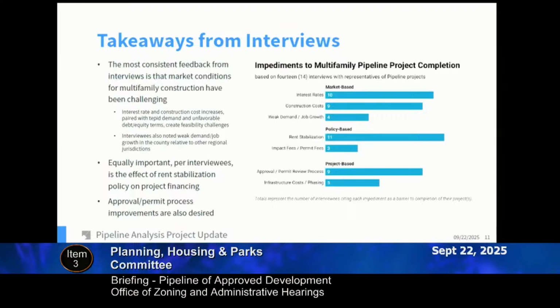And so because projects often take 5 or more years from their initial approval until the end of construction, even successful ones will overlap with others that are still in progress. So it's important to remember, historically we've built about 2,500 housing units per year, and so if those are taking 5 years, there's going to be an overlap of potentially tens of thousands of units in the pipeline at any given time. So anyway, collectively, these barriers suggest that unlocking the pipeline will require coordinated efforts across policy, process, as well as infrastructure.